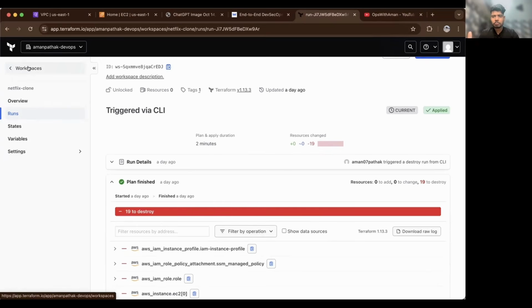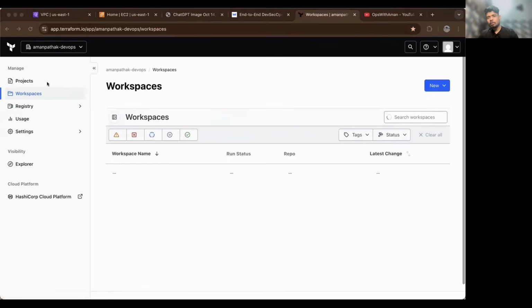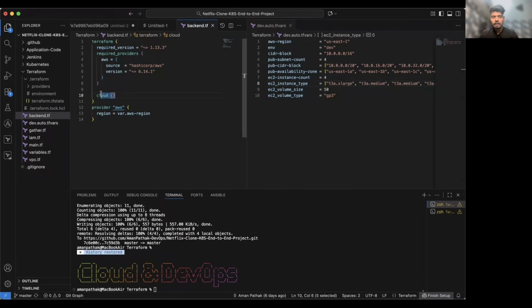But how are we going to work with Terraform Cloud? For now, you just have to write cloud here, and the things required for cloud, like how it will authenticate with Terraform Cloud, and how it will know in which workspace I have to create the Terraform state files, like which workspace I have to use for the state store. All those things we will provide later on, and I will also cover that. So this is related to state management. Now, if I go to the next thing, which is